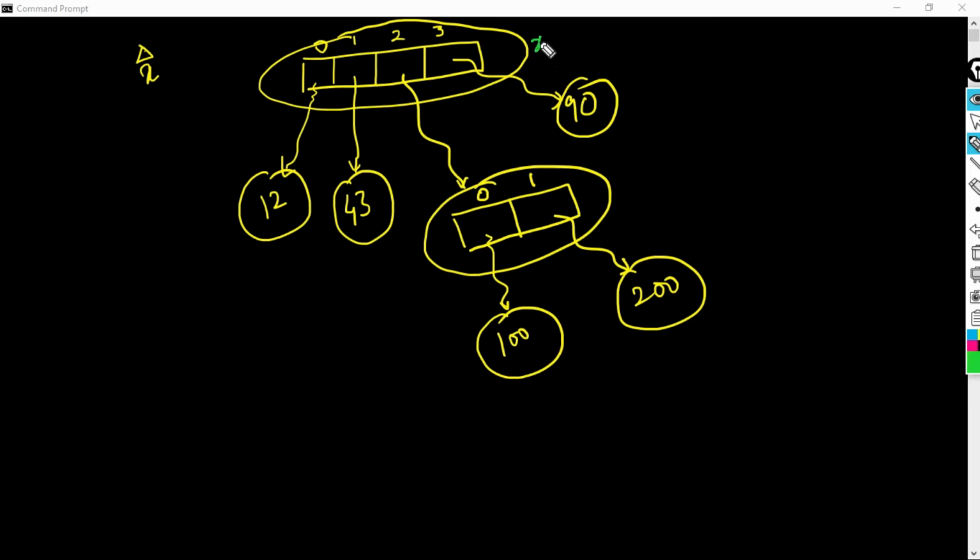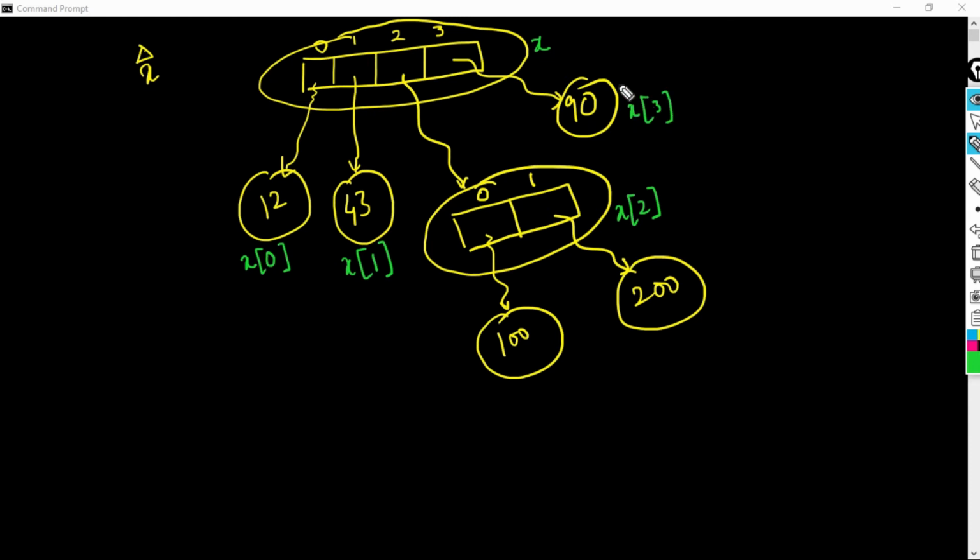So the tuple is simply accessed by calling x, and if we want to access the elements of the tuple, then 12 is accessed by x of 0, 43 is accessed by x of 1, this list is accessed by x of 2, and 90 is accessed by x of 3.